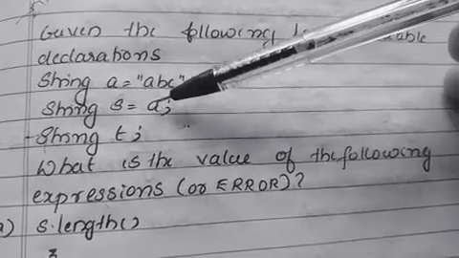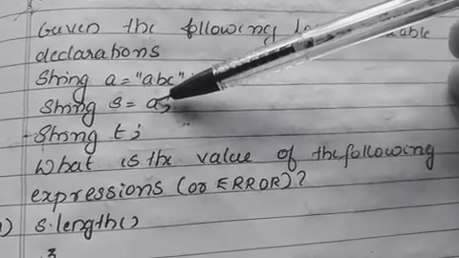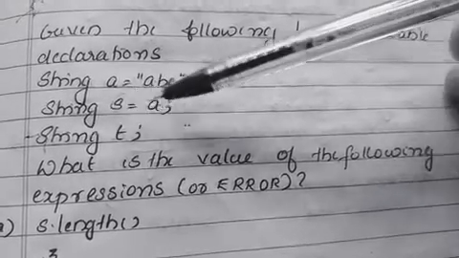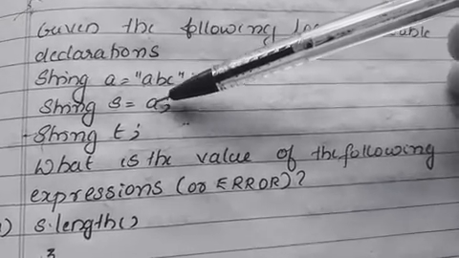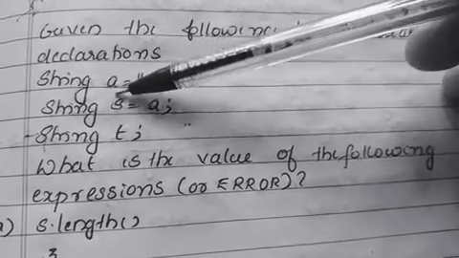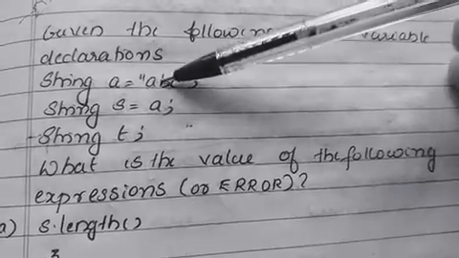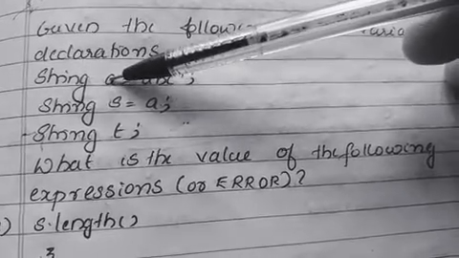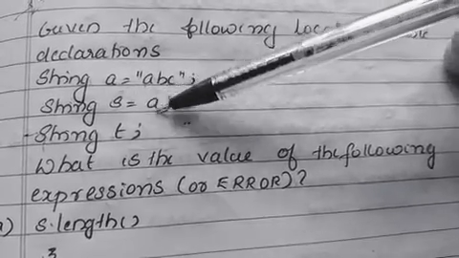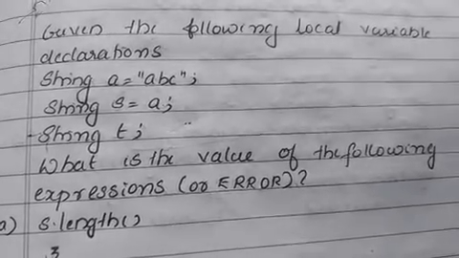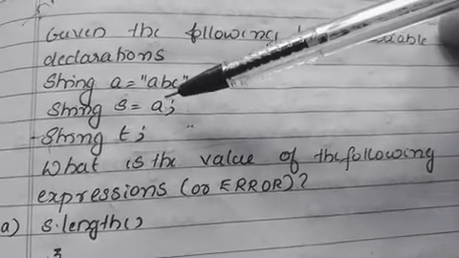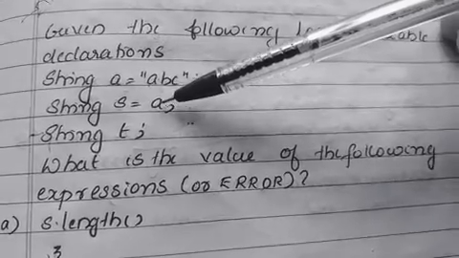Here you can see that it's not a string. We have simply assigned a variable. So the value assigned to the variable S is the variable A. Already we have declared that variable A is ABC, so whatever value is in A is stored in the variable S. So the value in S is also ABC. Clear? Here you can clearly see that there are no double quotes. It's simply A, a variable A.